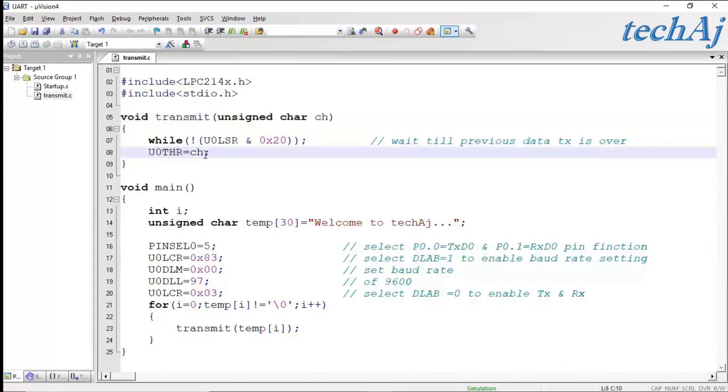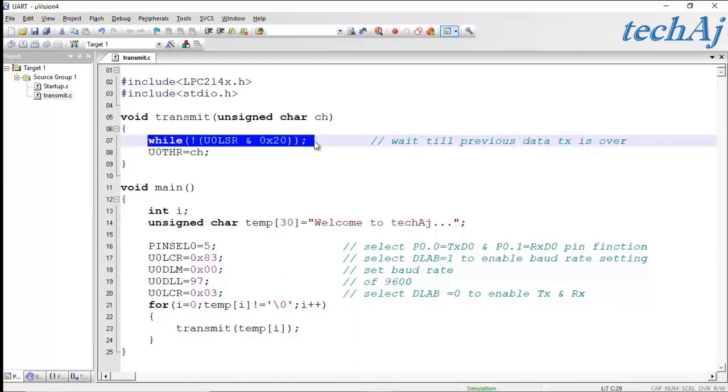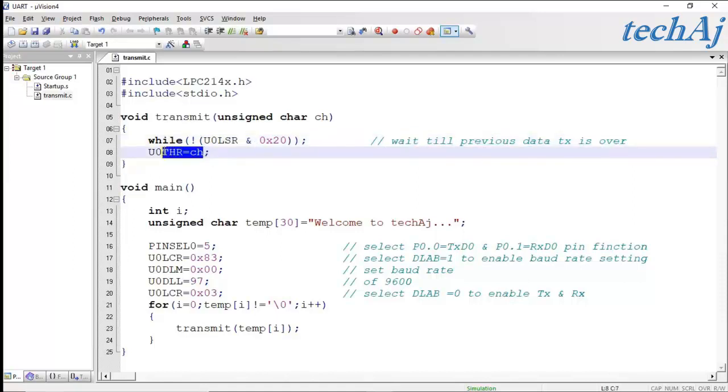As soon as we write the character into the U0THR, it will start transmitting it serially. But before writing the value to the U0THR, we check whether the U0THR is empty or not. If it is not empty, it will wait till U0THR becomes empty, and as soon as U0THR becomes empty, it will send the next character for the serial transmission.